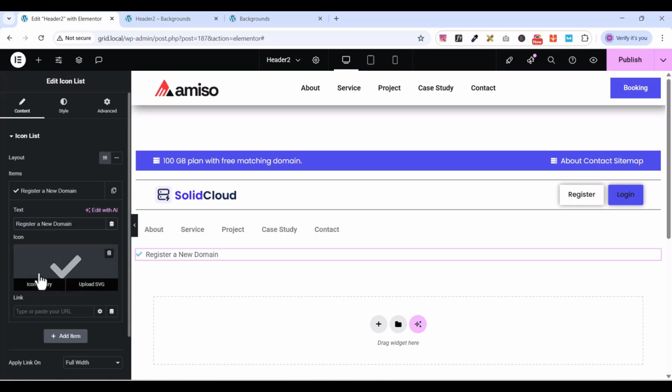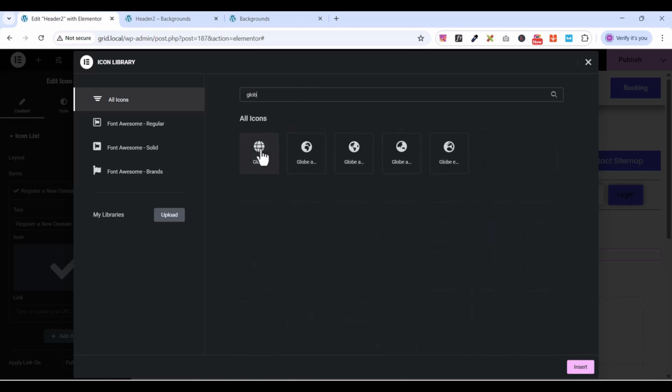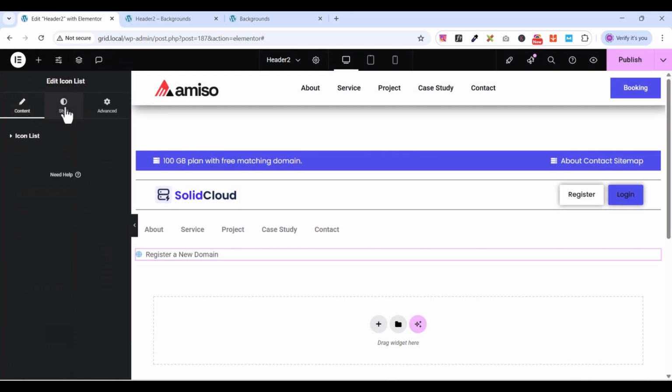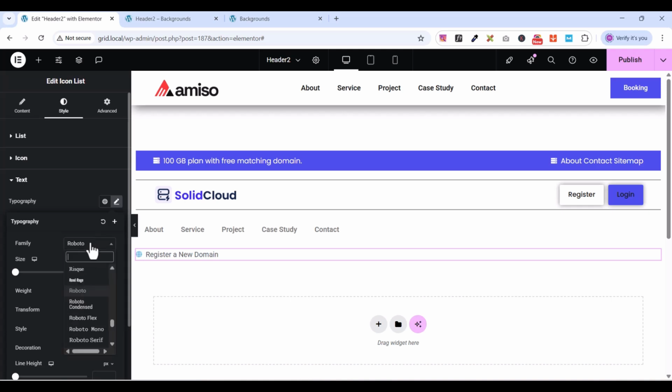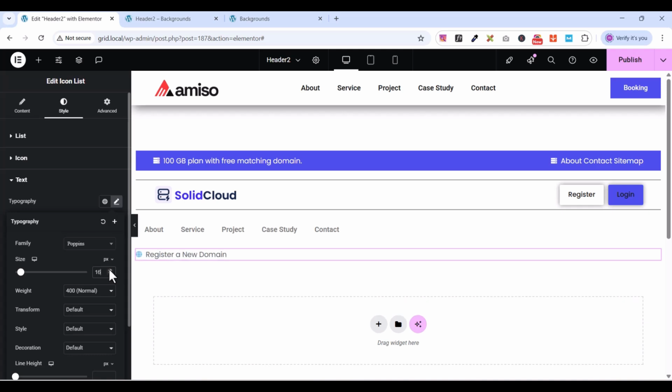Then for the icon, I'm going to select a different icon called globe. Insert this one. Okay, so I'll go to style, go to text, then I'll change the text to popping,